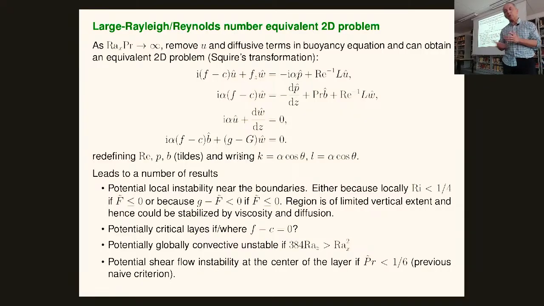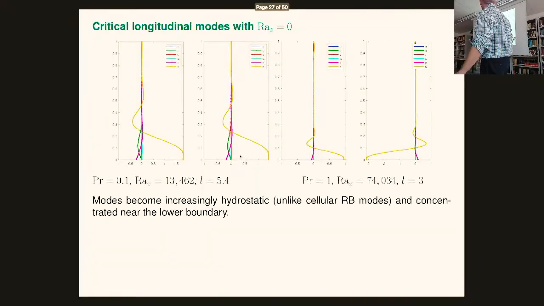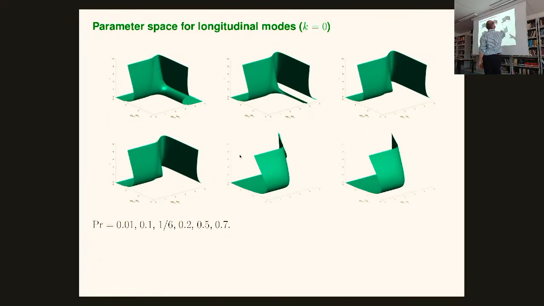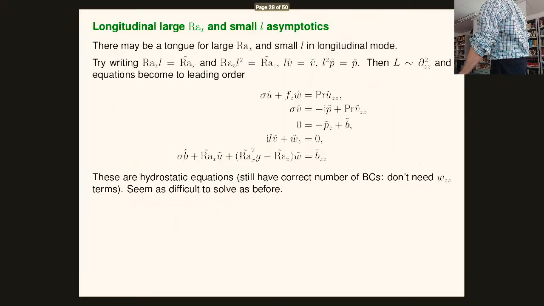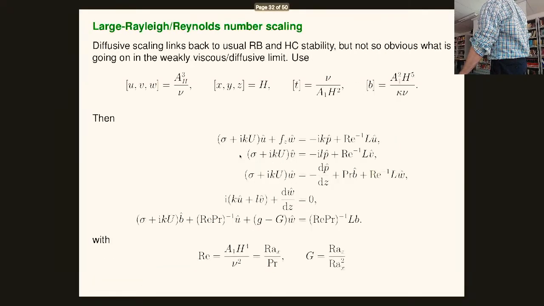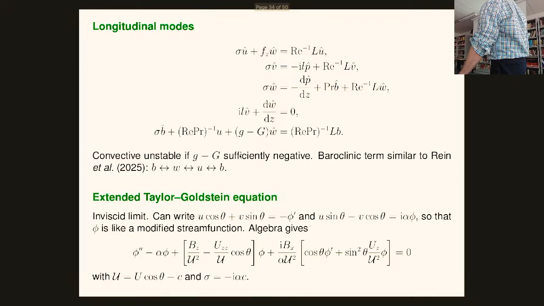So you do recover your naive guess, and you find the different families of solutions. And all of those families of solutions you can relate to the behavior of these marginal surfaces as you go to large Rayleigh number. But it's still not telling us exactly what's happening here. So in fact, we do have a fairly good understanding of the physics of the different modes, which I'm afraid I glossed over because it took me a bit of time to get there. And the longitudinal modes, you can actually derive an extended Taylor-Goldstein equation. So the next step is to make sure that this equation is consistent with the physics I've told you.